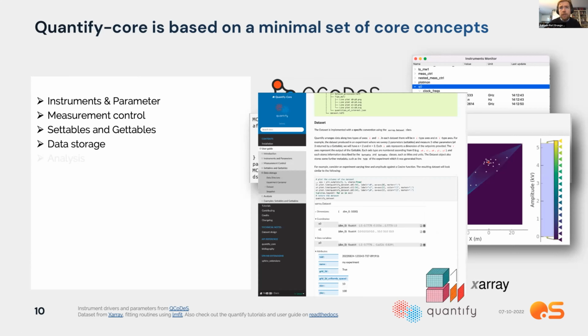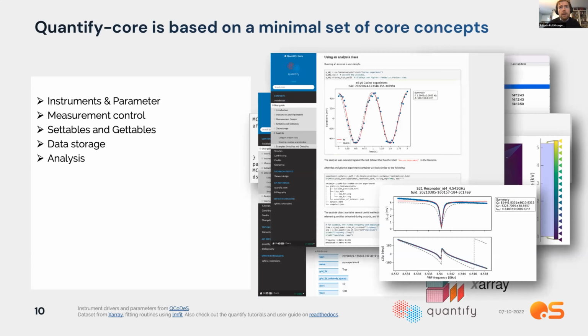For data storage, we've also really redone that. We're basing this on the xarray framework, which allows arbitrary labeled multidimensional datasets. It's a very powerful framework used in the data science communities. We have built-in analysis classes, and here you can see some examples. There's a tutorial on how to make your own, taking care of the standard things like data fitting, storing quantities of interest, and storing standard figures. Here you see, for instance, a resonator fit.